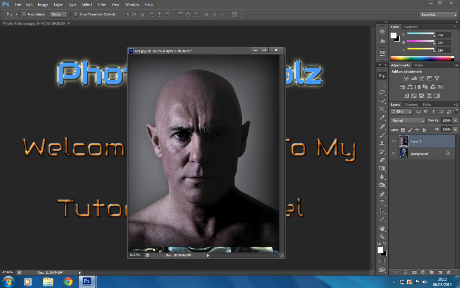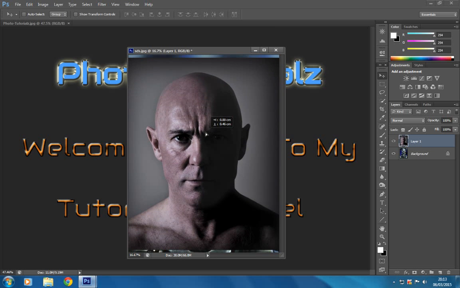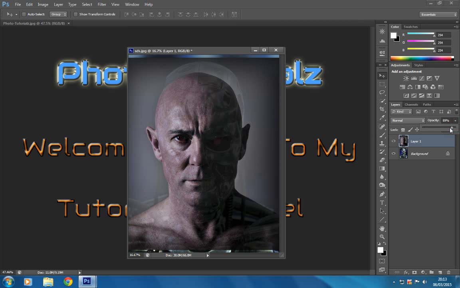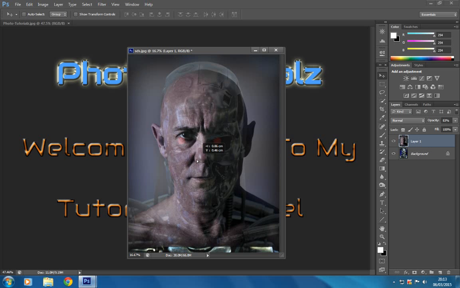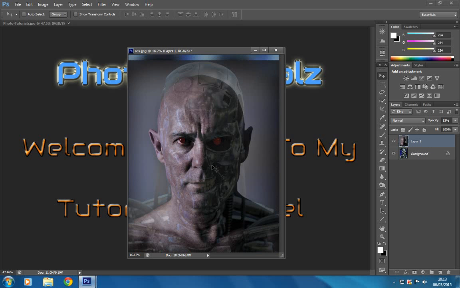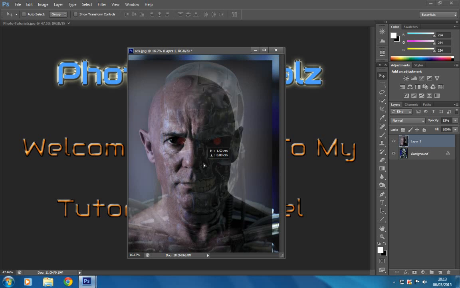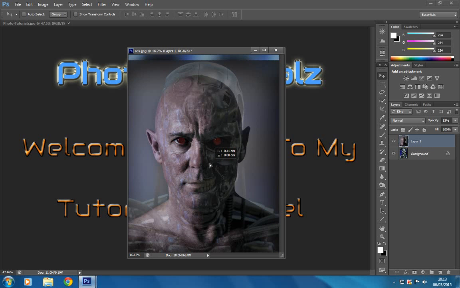So we've got this front image selected, and so I can see where I'm going with this, I'm going to reduce the opacity so I can see slightly the layer underneath, like so. I think that'll do us about there. What I want to try and do is the eyes. You see how the eyes want to line up with the mouth. Well, that is more or less